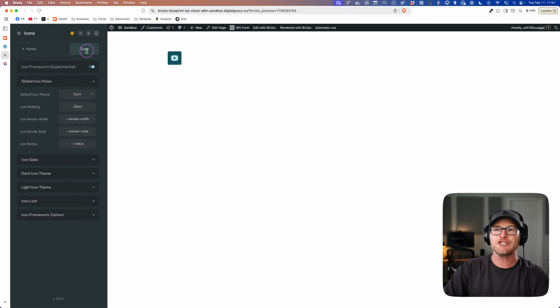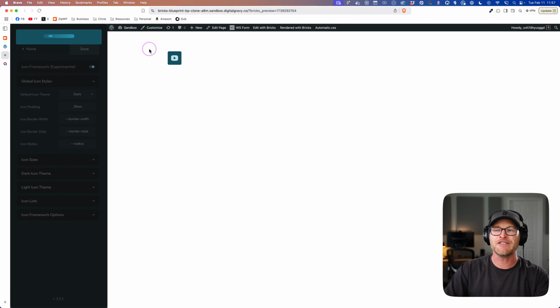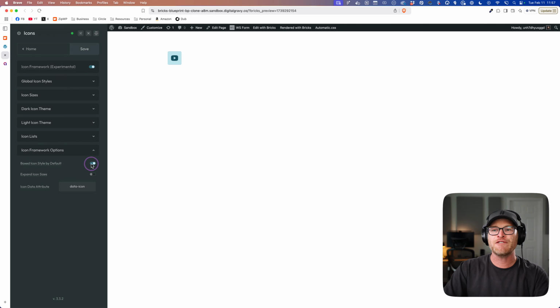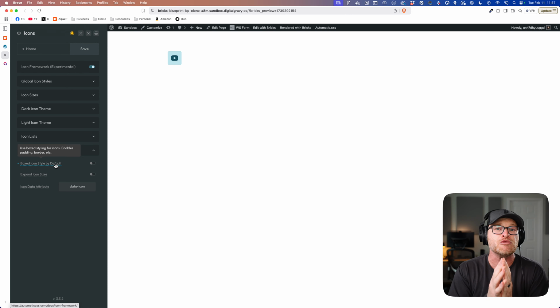I'm gonna go back and I'm gonna choose dark. We'll save. Let's see if the hot reload catches it this time. Okay, the hot reload got it that time. All right, so this, I think objectively is a dark icon. And here's why. I'm gonna go down, and if I take off the boxed icon style by default, so there's a switch you can flip. And what you do is you look at your design.